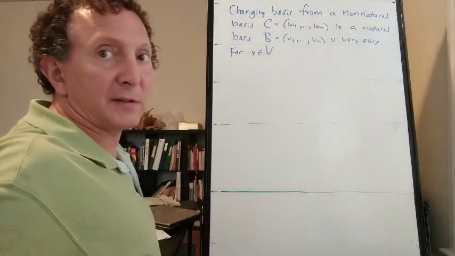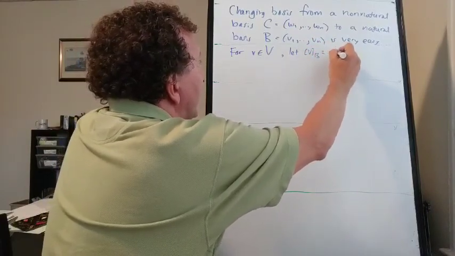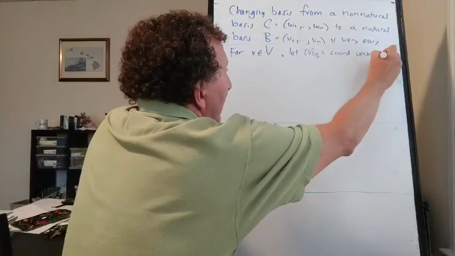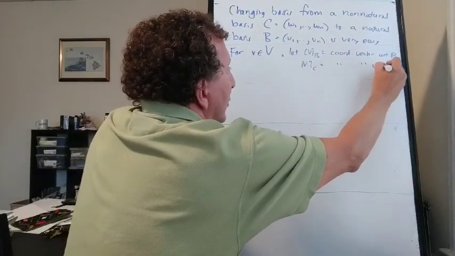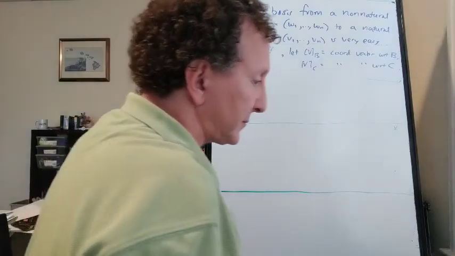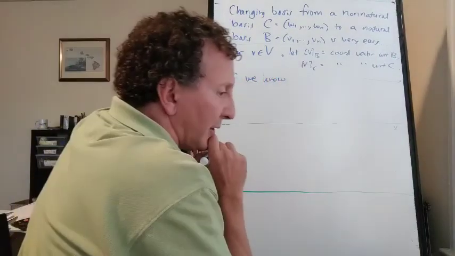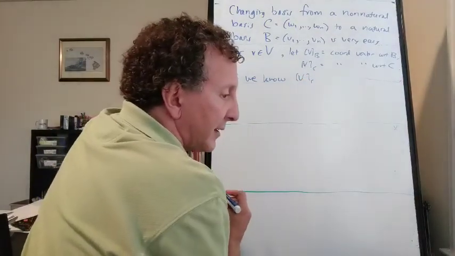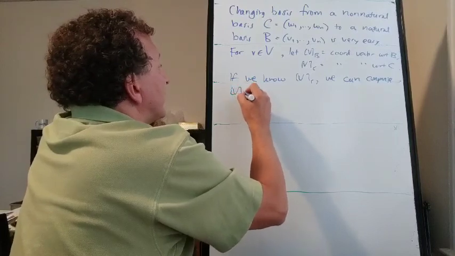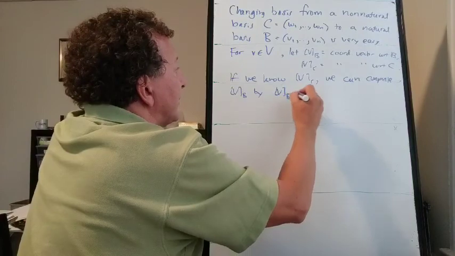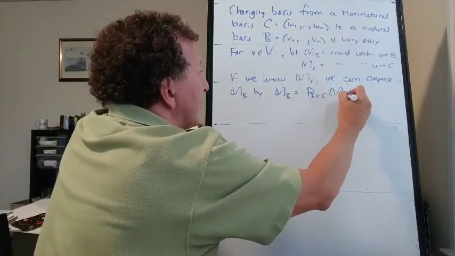So if we have some vector little v in the vector space capital V, let's let [v]_B be the coordinate vector with respect to B, and [v]_C be the coordinate vector with respect to C. So if we know the coordinate vector with respect to C, then we can compute the coordinate vector with respect to B by [v]_B equals P_{C←B} [v]_C,